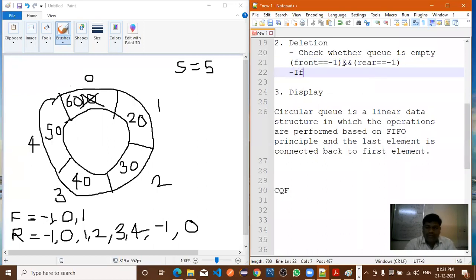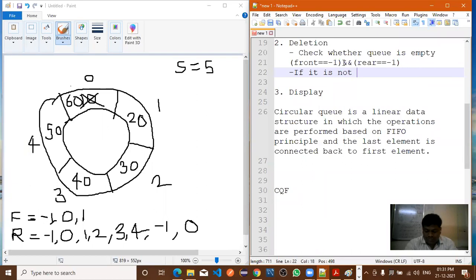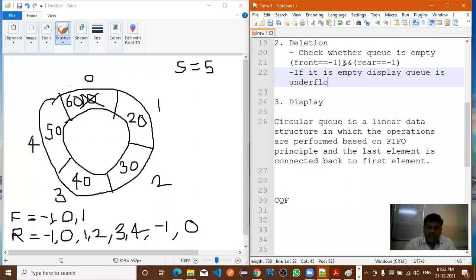Now, if it is empty, what do you do? Display a message like Q is underflow or empty.